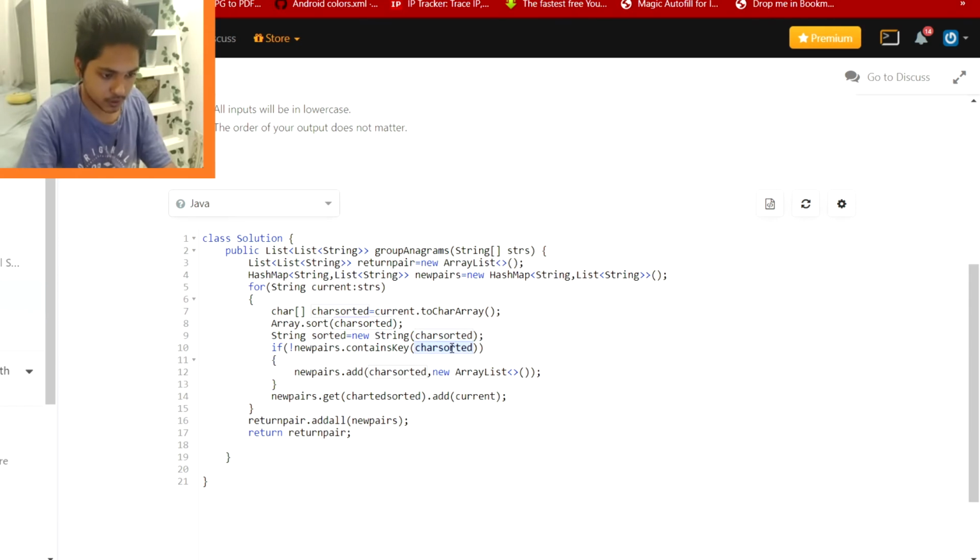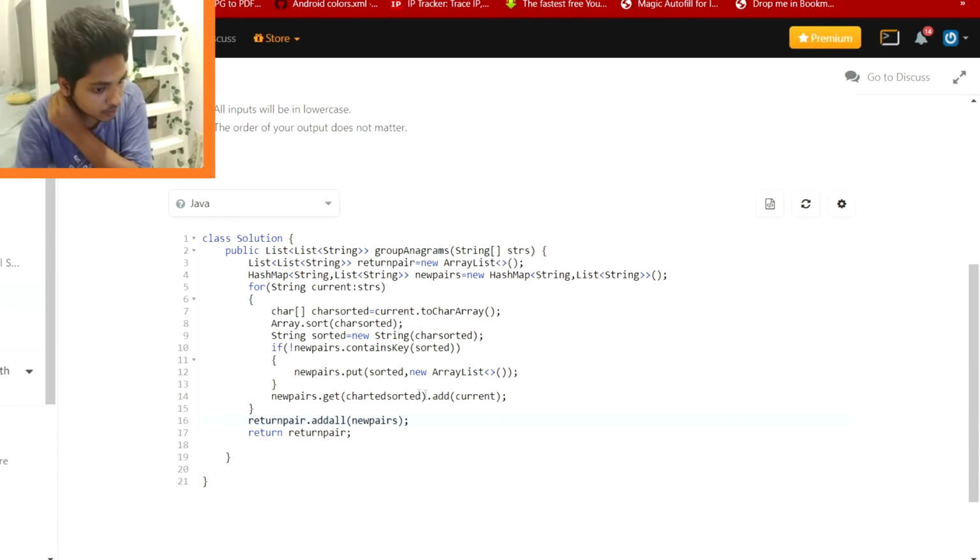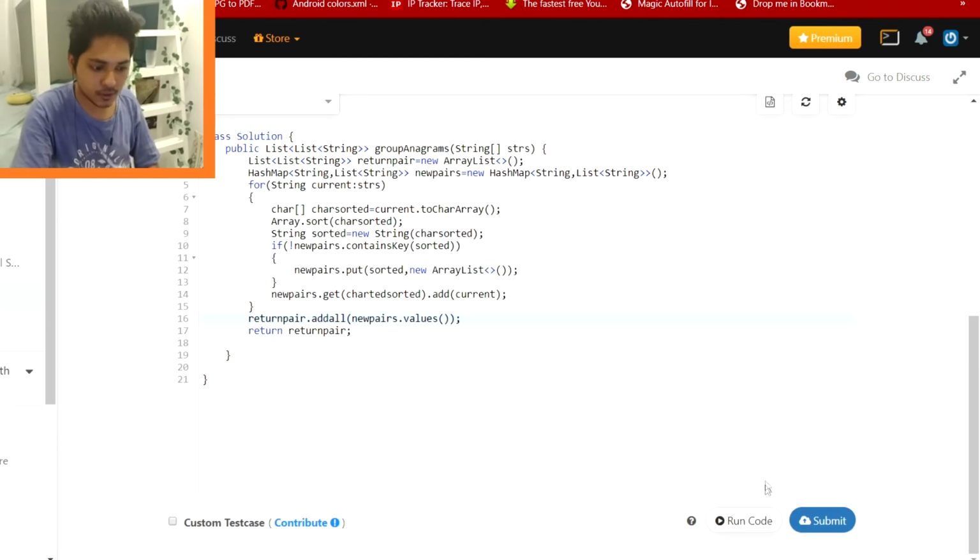So I need to remove sorted here, and this will again be sorted, and this will be put. I made some mistakes here, and yeah, now it is fine. Put sorted, add current, and sorry, actually it will be values right here. Now I think I'm good to go.